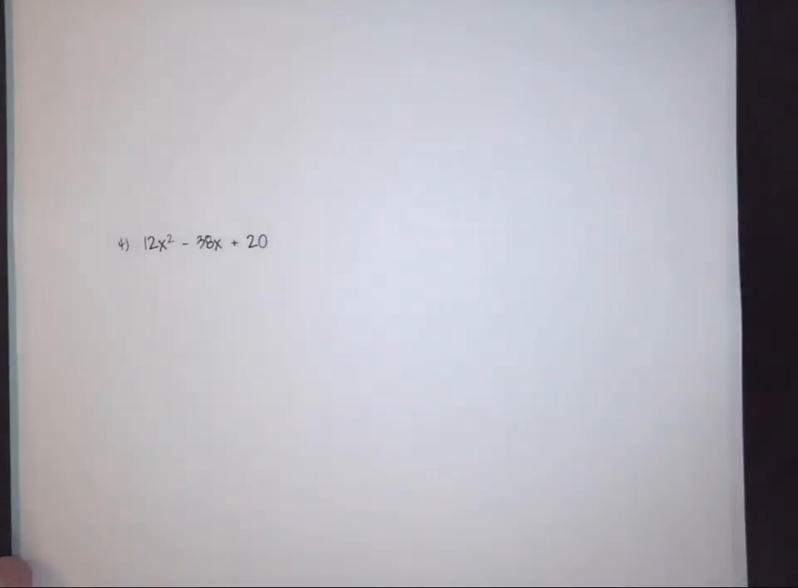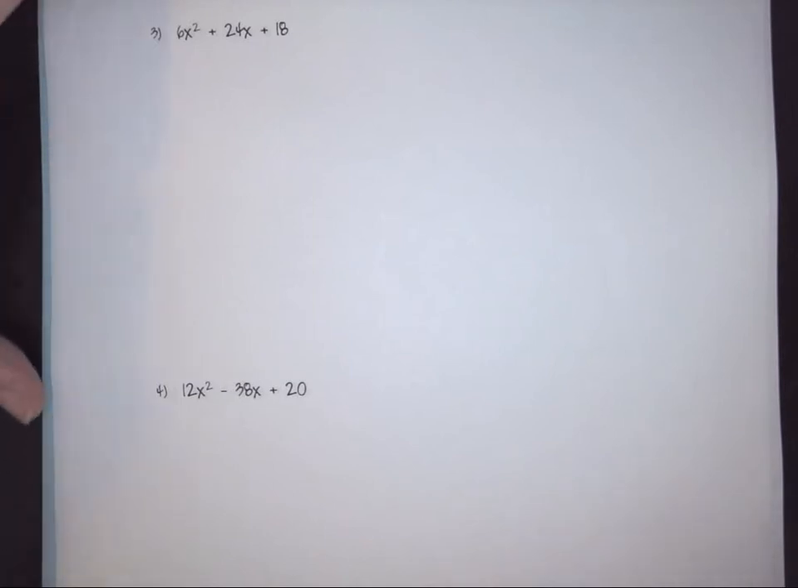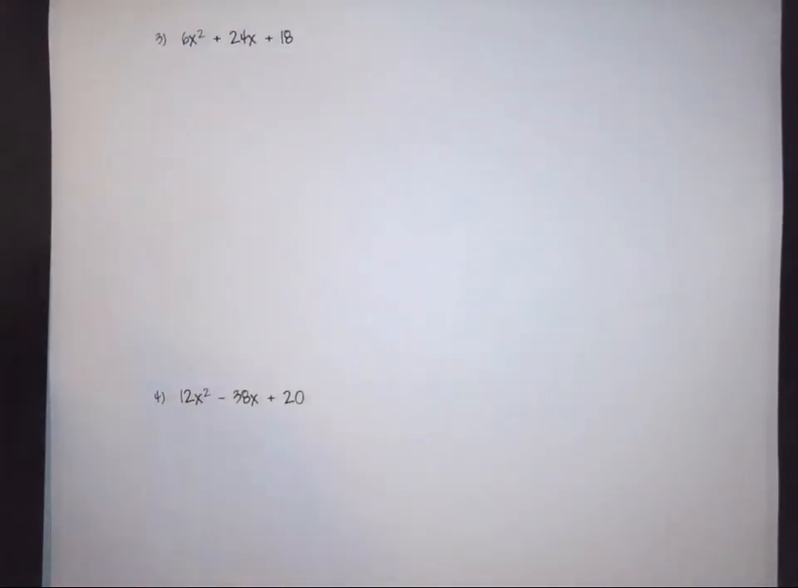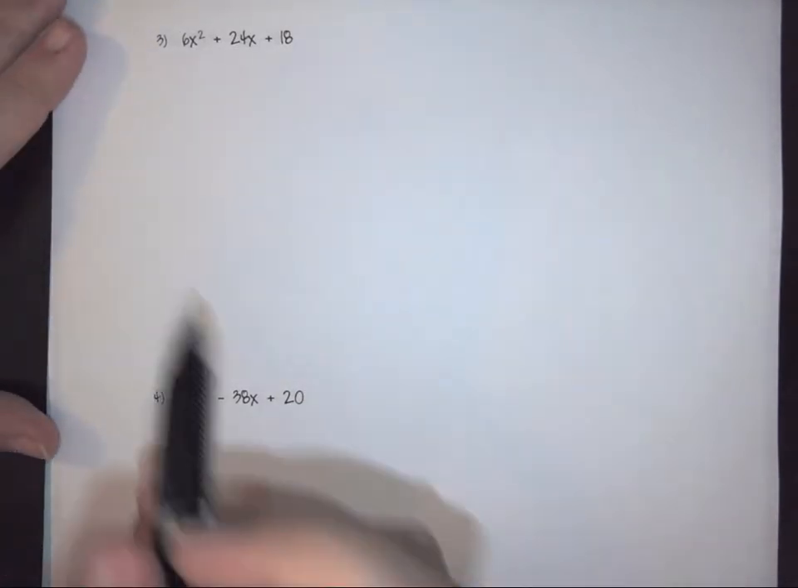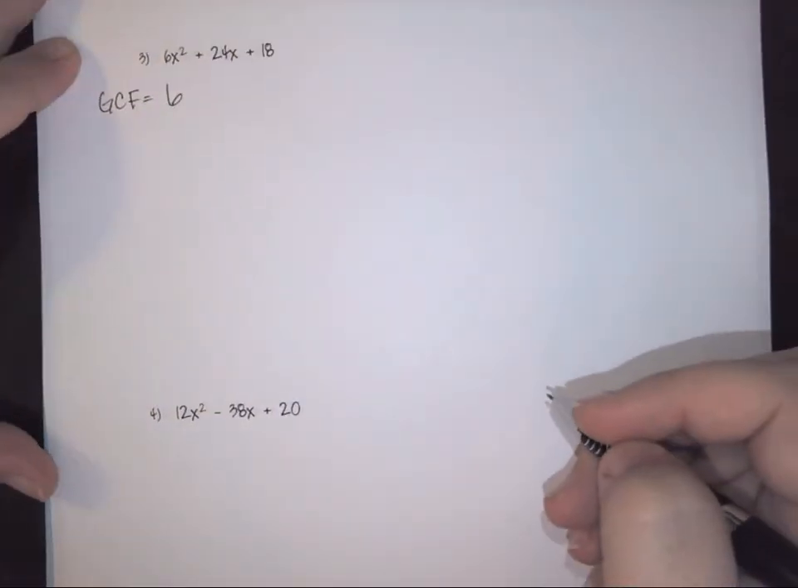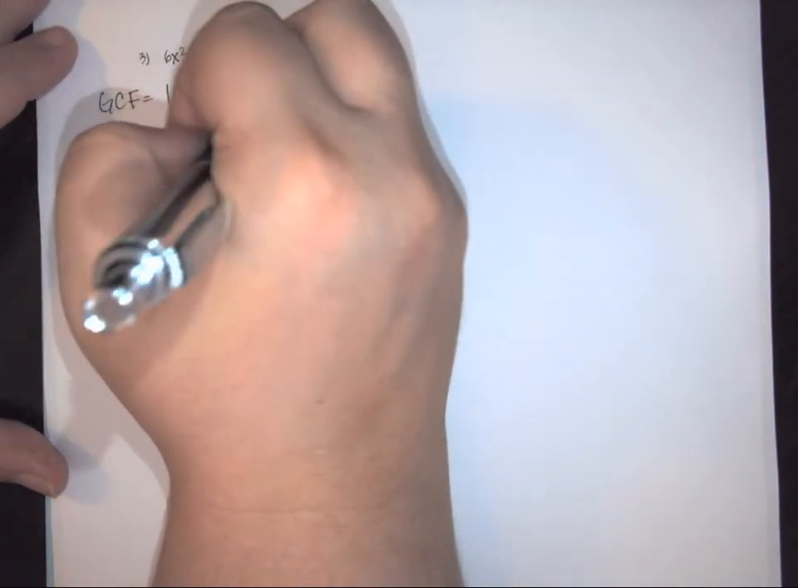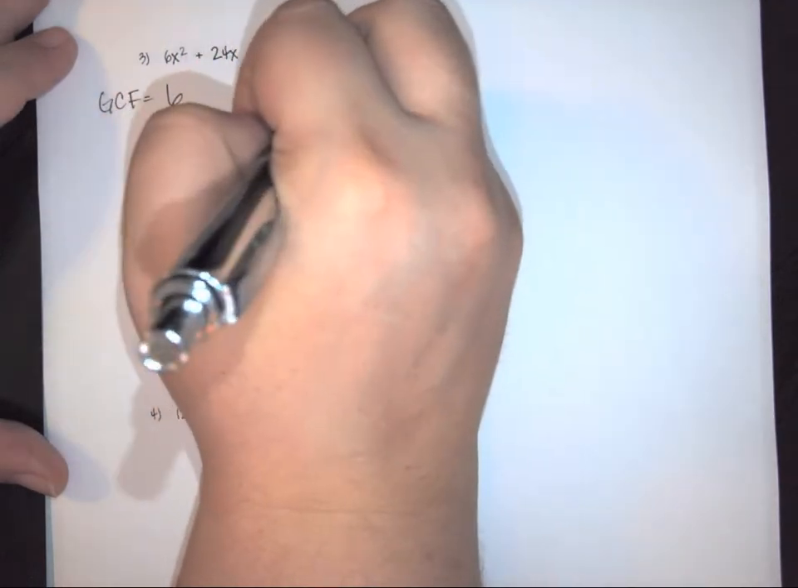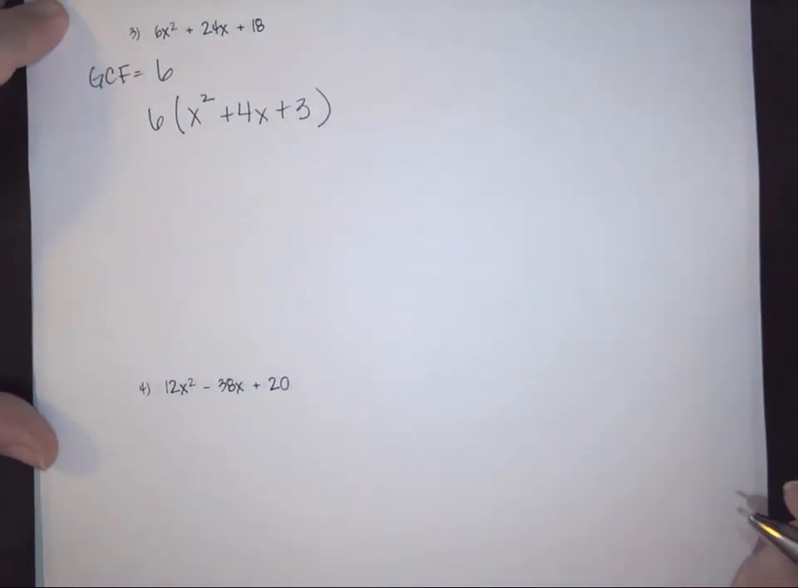Alright, let's look at another. Alright, so I have 6x squared plus 24x plus 18. So the first thing that I'm going to notice here is that I actually have a GCF of 6. So I'm going to pull that out. When I pull it out, it leaves me behind x squared plus 4x plus 3. Very simply, if you take a look at it,